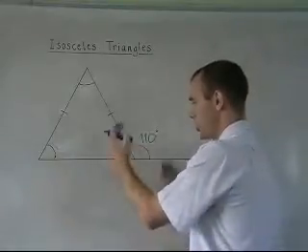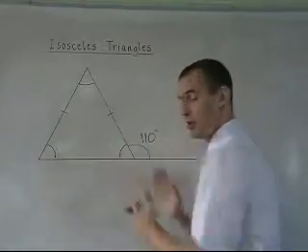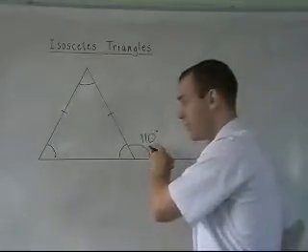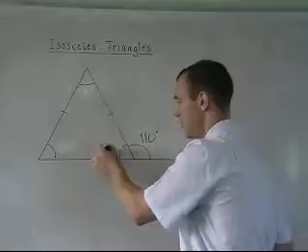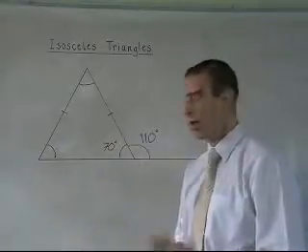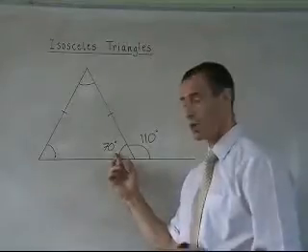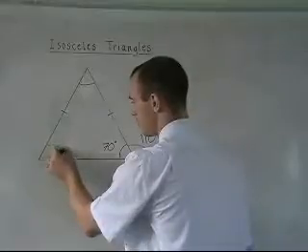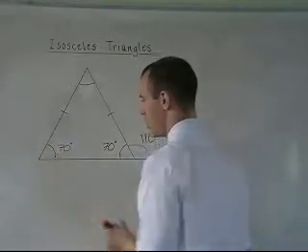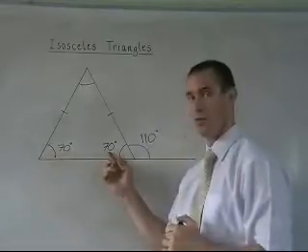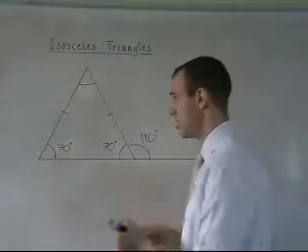First of all, we look at just this area here. We have a straight line where the angle adds up to 180. So 180, take away the 110, gives us 70 degrees. If that one's 70 degrees, then because it's an isosceles triangle, this one must be 70 degrees. And to work out the top one, we add those two together, 140, and take away from 180 again, which